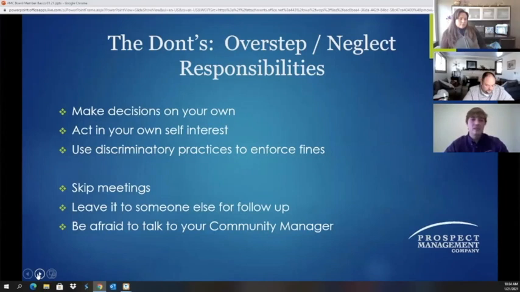Don't skip meetings. It's extremely important that the board members attend all meetings when possible. Obviously there are extenuating circumstances, but having everybody at the meeting helps make sure that every decision is as informed and responsible as possible. Making sure everybody discusses what's happening requires everybody to be there. And virtual meetings make it even easier. Yes, virtual meetings, you can work from home. So there are a lot of really great advantages of virtual meetings. There's no travel time associated with virtual meetings, which is great.